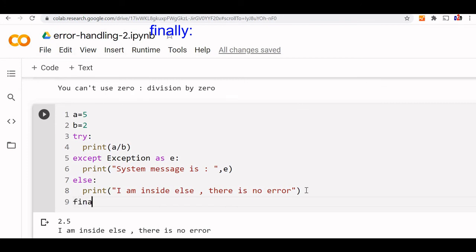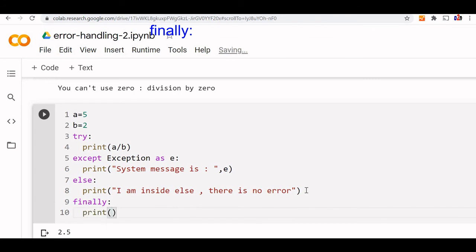Now finally, let's print, I am inside finally always. I am printing always, the value of whatever we write inside the finally.